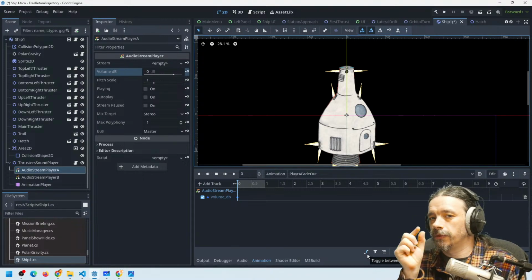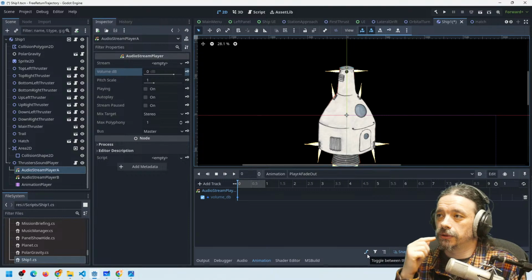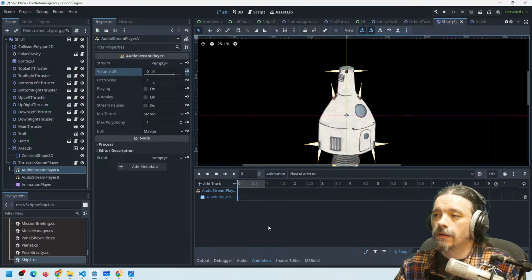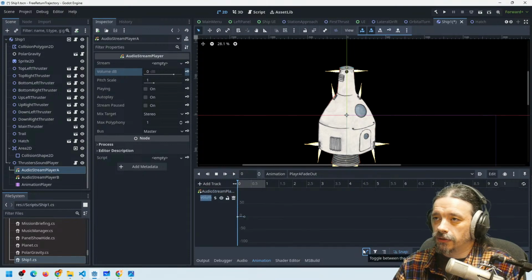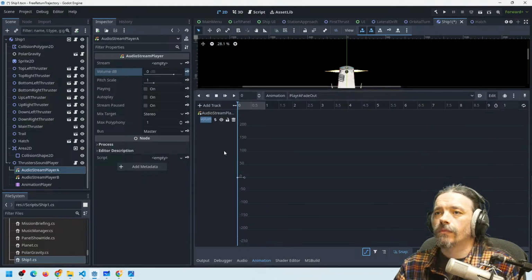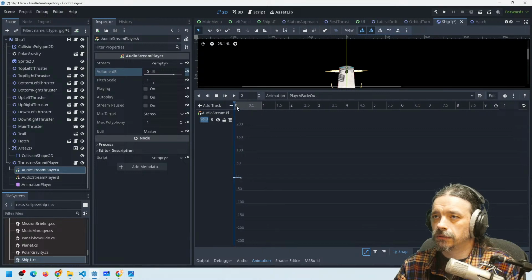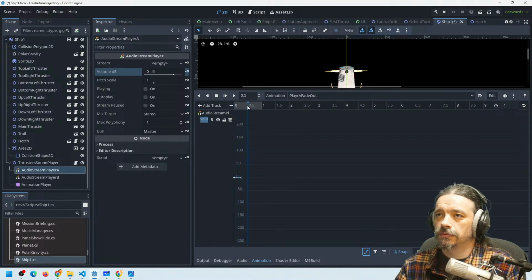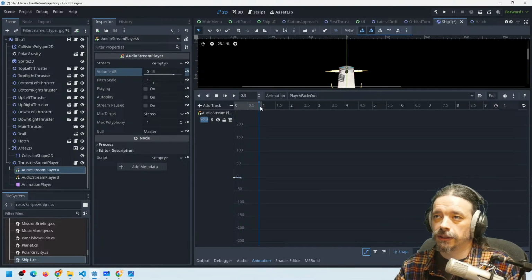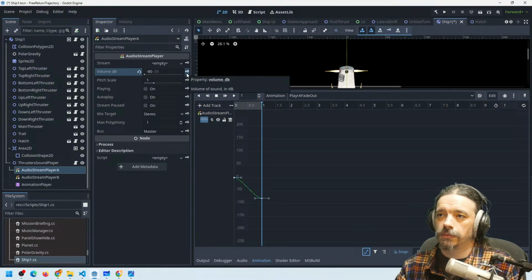I'm thinking about the time of the fade. How can I control that from the script? Because here I have a specific time. Anyway, let's create a ramp and see what happens. So I can click on this graphics button here, and probably I can. So at 0 is 0 decibels, at let's say half a second or 1 second, we are testing with 1 second, is -80. Whoop, keyframe,